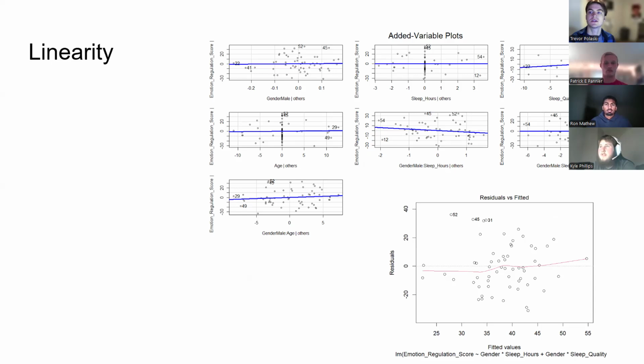Something strange was these lines in the middle for sleep quality score, age, and sleep hours. And for sleep quality score and age, this can be explained because the stuff is measured on an integer scale. So the most common thing is going to be on that specific value, and it's not going to go around it at all.